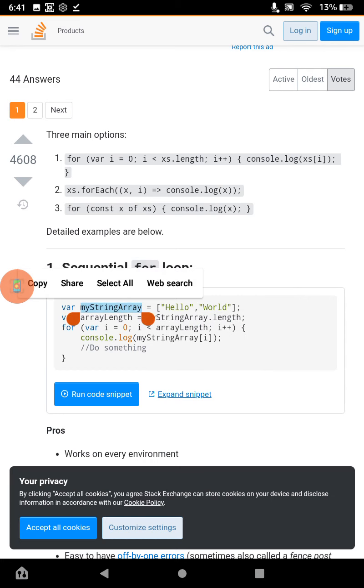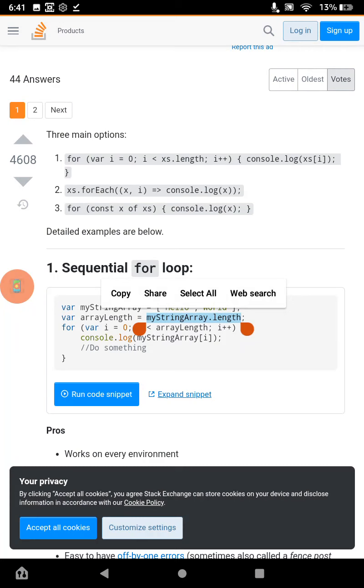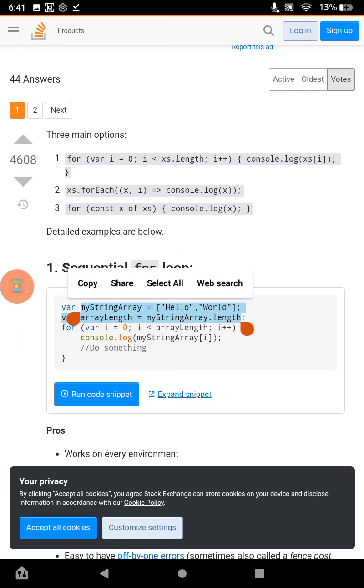That data is stored in there, and then the prototype or template for an array in JavaScript has a property that is callable that holds or stores the length of a detectable array, which